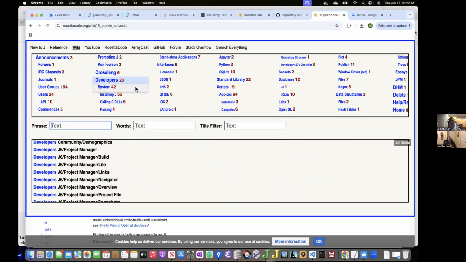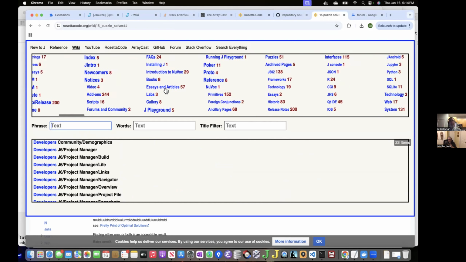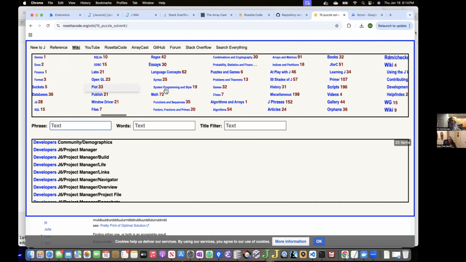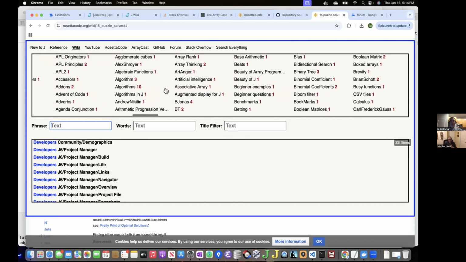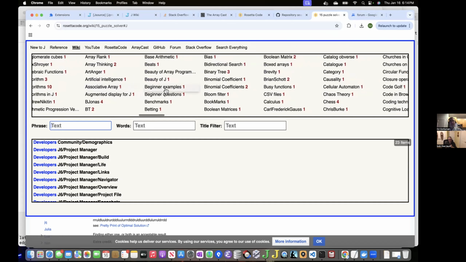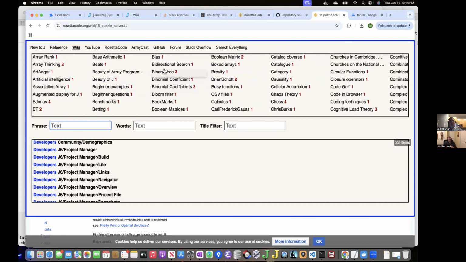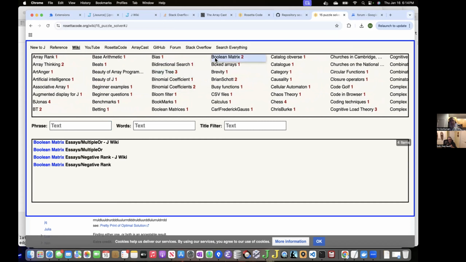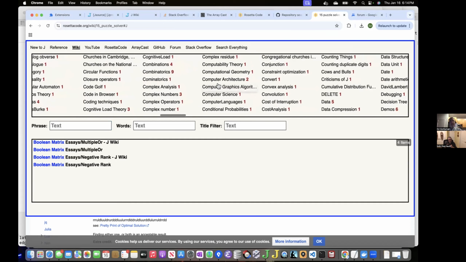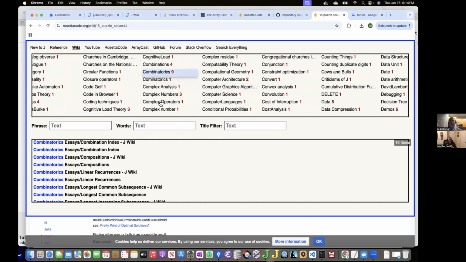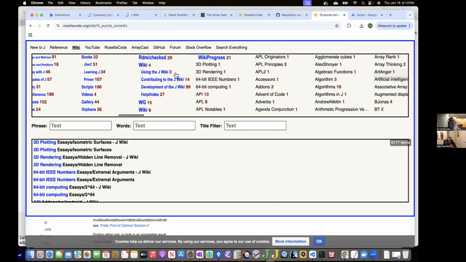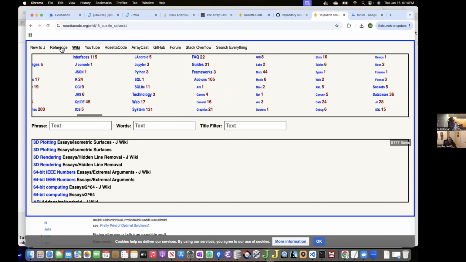These are the categories that Bob has put into a hierarchy. If you go far enough to the right, you get into what I think of as the wiki slush pile. These are tags that have been applied to documents by the community. So there's quite a range of information available here. But you can search this just as you can search the hierarchical categories. Yeah, I guess that's about it there.